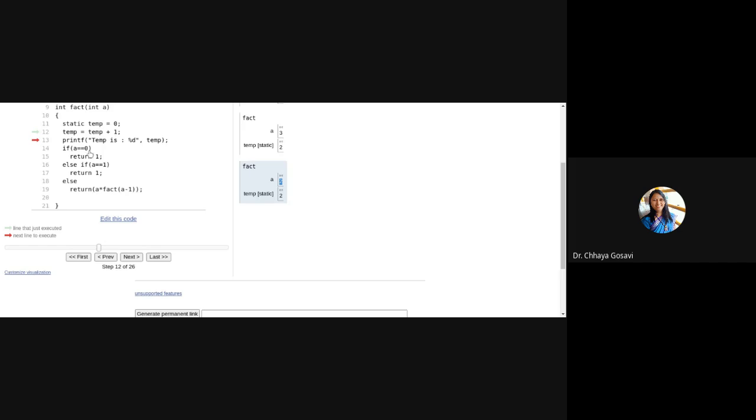Again 2 is not equal to 0 or 1, so it will call factorial again for 2 minus 1, that is 1. Memory is allocated for the function, the value of a will be 1 and temp is 2. This value is preserved. It will not initialize temp to 0 again. It will take the value of temp as 2 and then increment it. Now it is 3, and you can see it is changed across all activations.